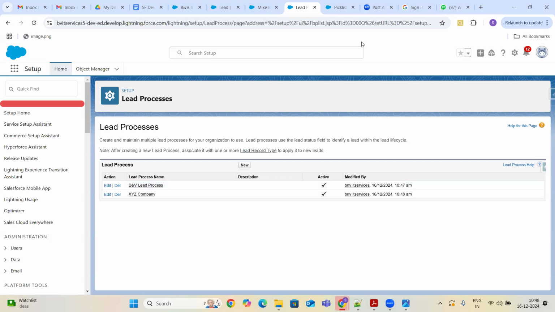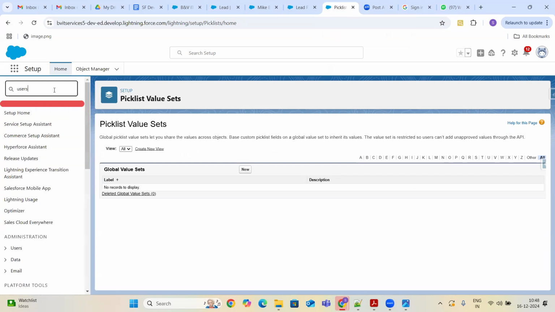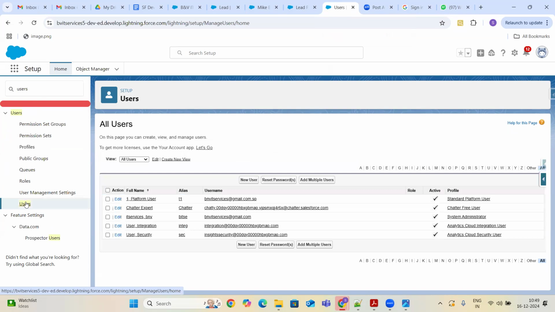Let me open up those users in a separate tab. So we have 2 users: one is the system administrator user and another one is the standard platform user. My requirement is, when I log in as the system administrator user and open the lead record, I need to see 5 statuses.